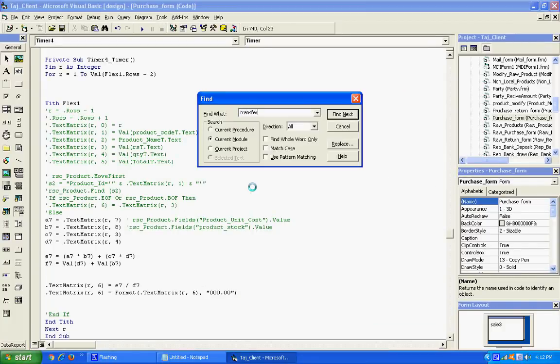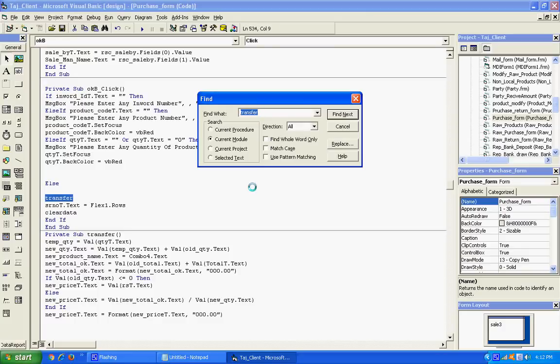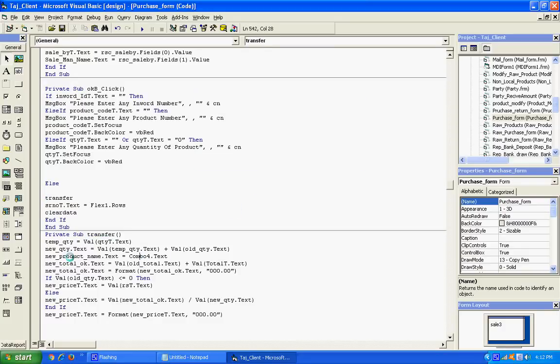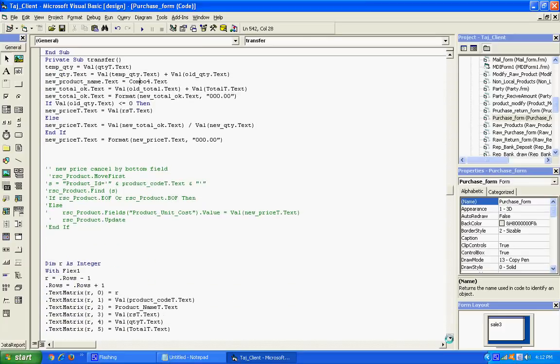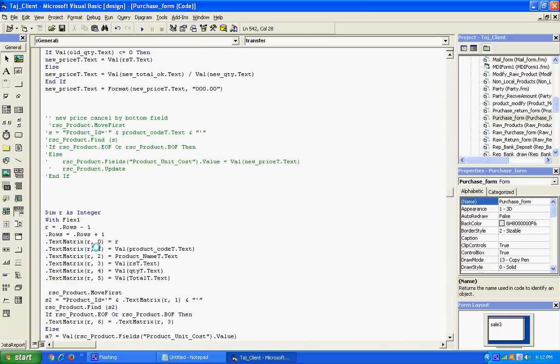Product quantity, product name, total, all quantity, product price, product T. That's the problem. Product, this is not a val. This is the issue.